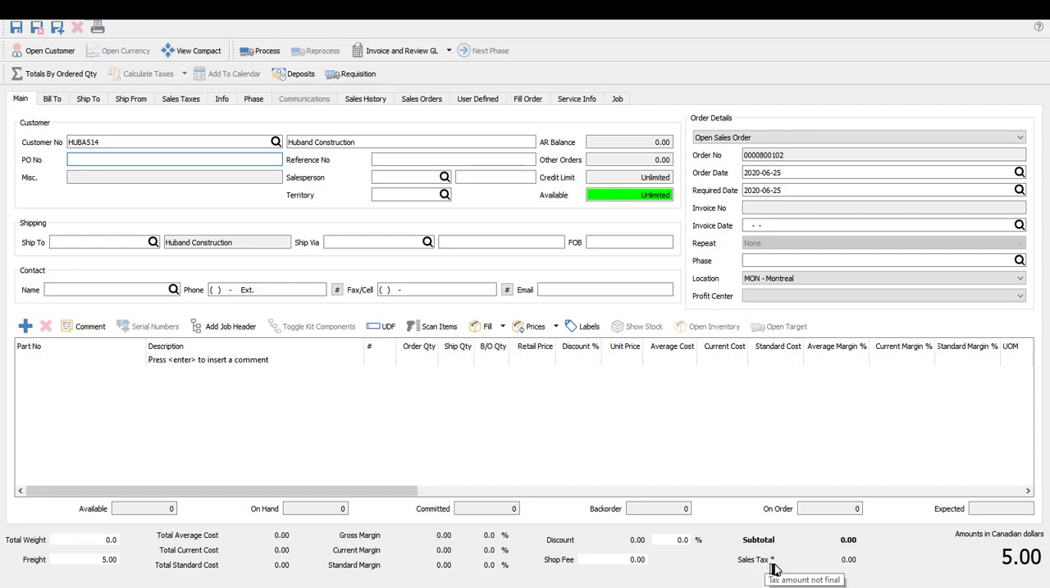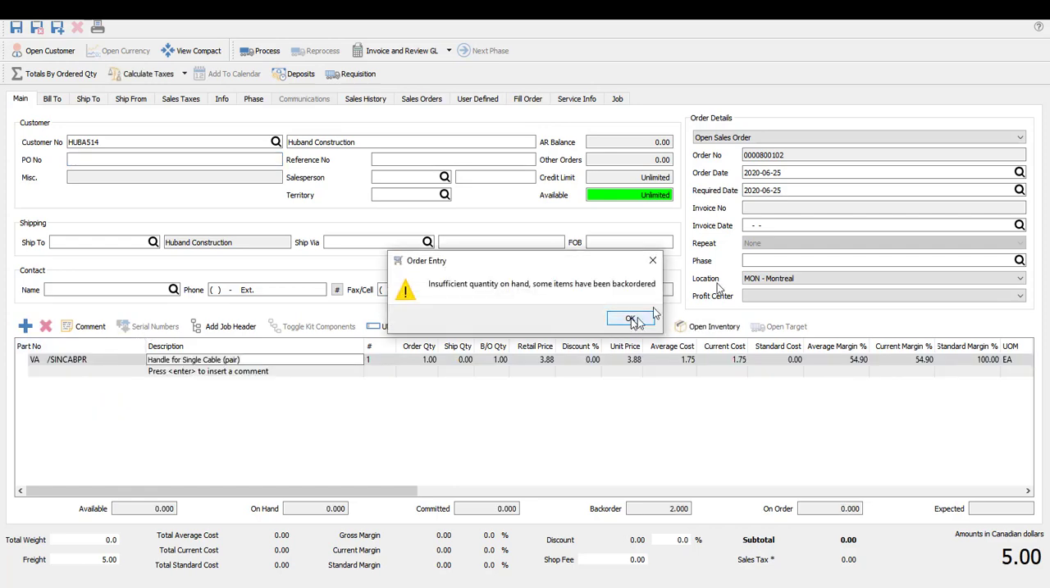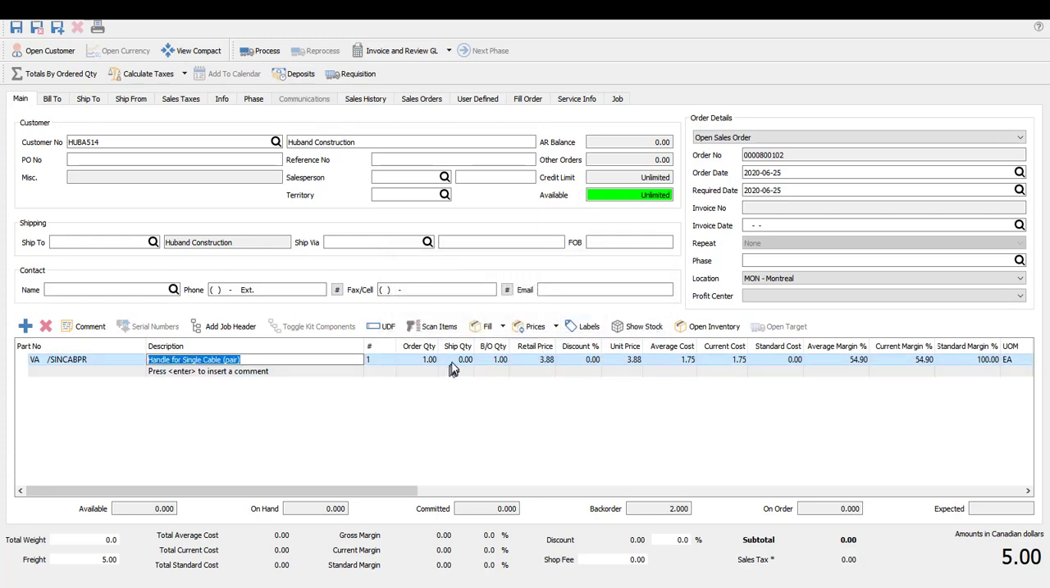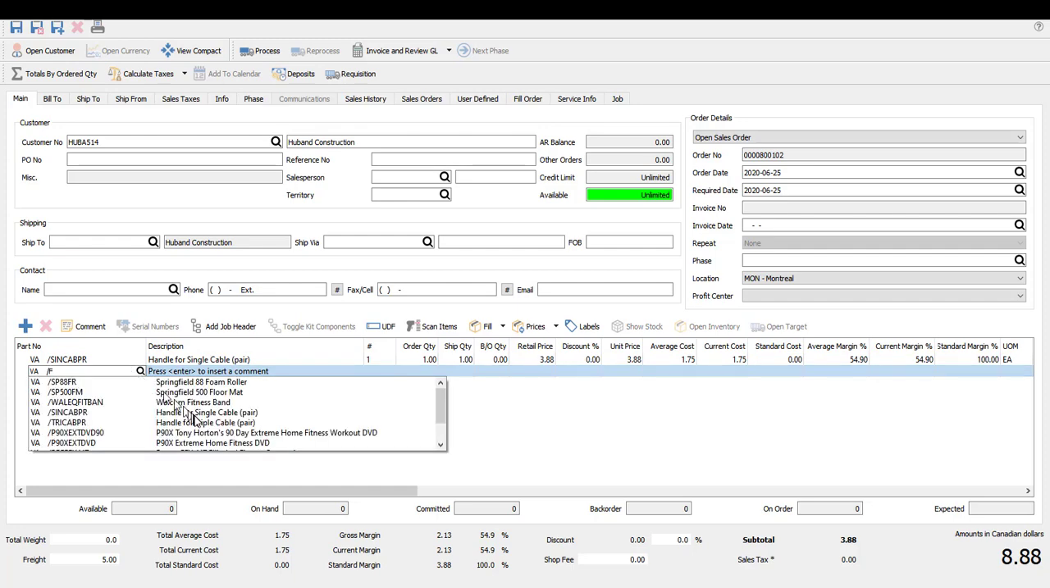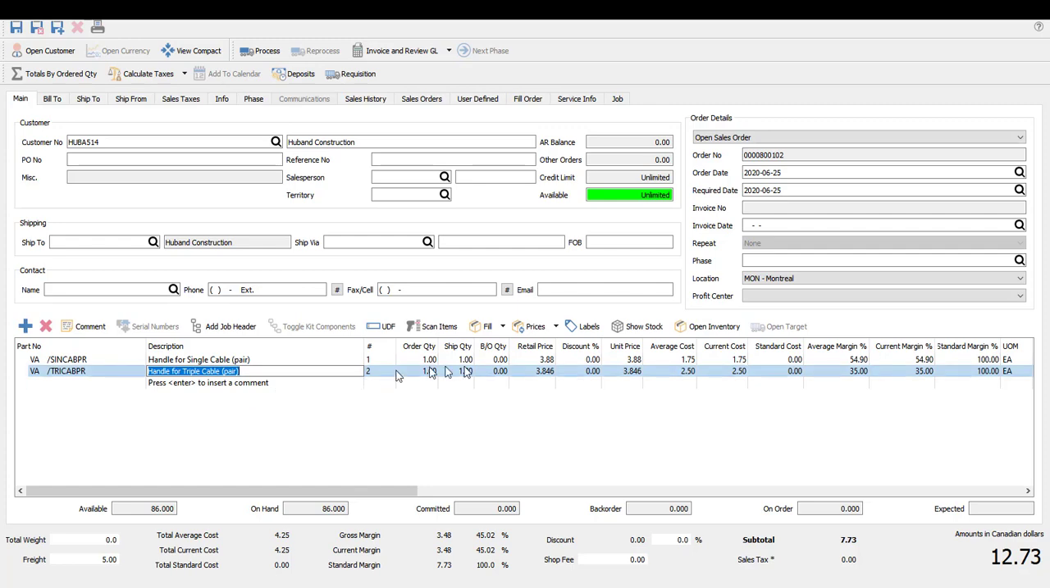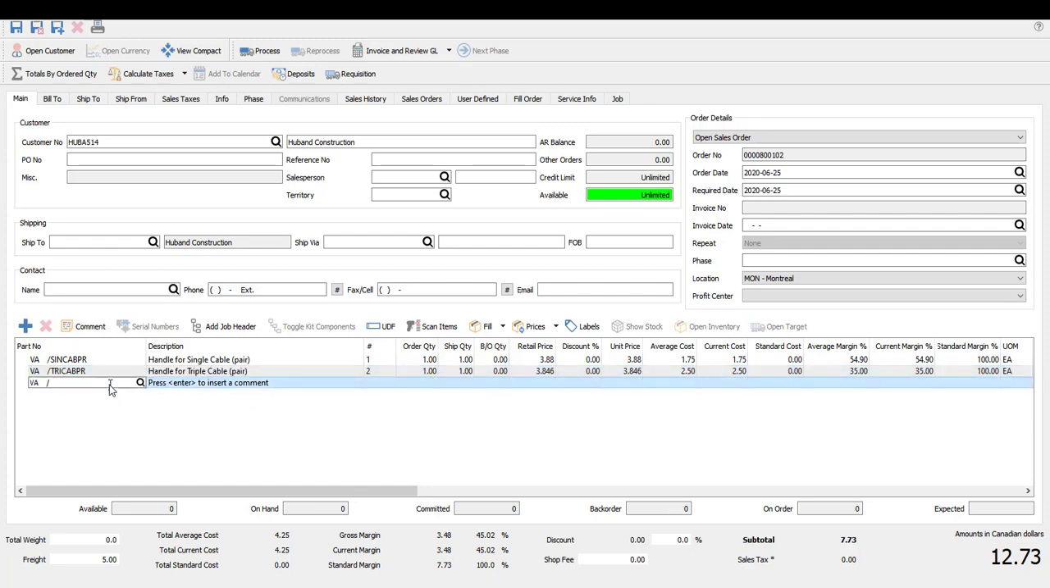And notice the asterisk beside it. That means that tax has not yet been calculated on this order. So if I add in an item, and insufficient quantity, we'll just force ship it. And you'll see that tax is still at 0, and it's got the asterisk on it as well. So if I just add in a couple more items, let's just go again,